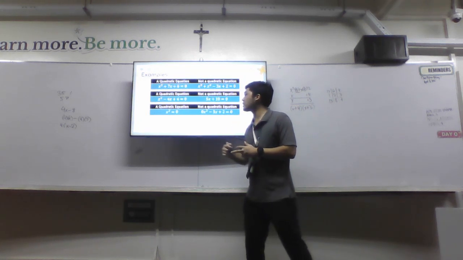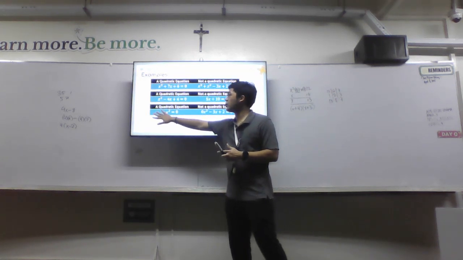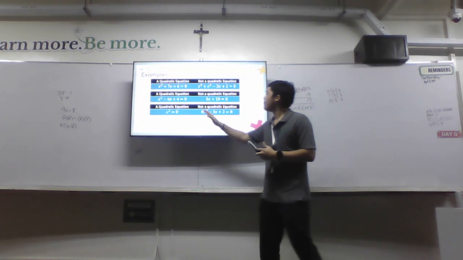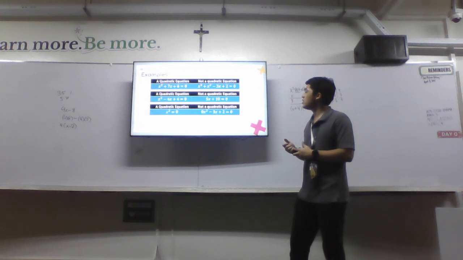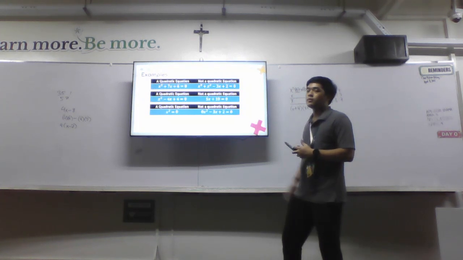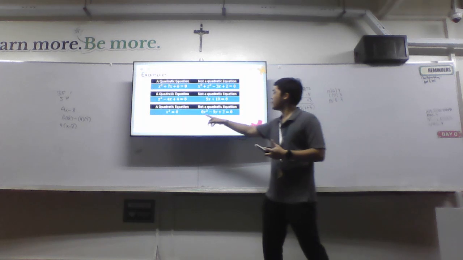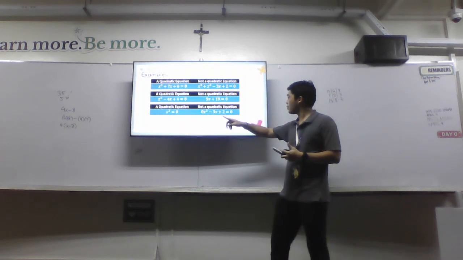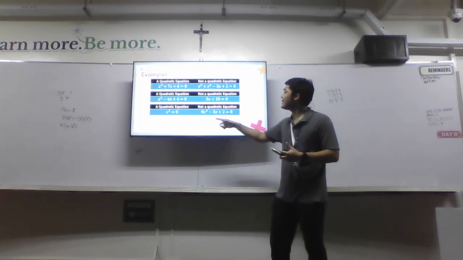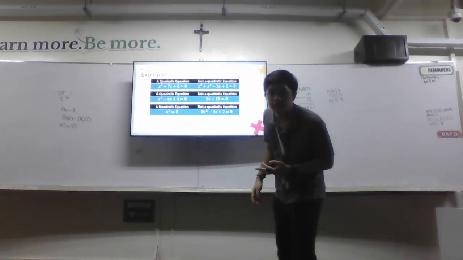Okay, so how about this next one? This one is a quadratic equation. x squared is equal to 0 is a quadratic equation. However, 0x squared minus 3x plus 2 is not a quadratic equation. So what is the main difference? Okay, so that's correct. The coefficient of x squared is 0. Since the coefficient of x squared is 0, it is not a quadratic equation.